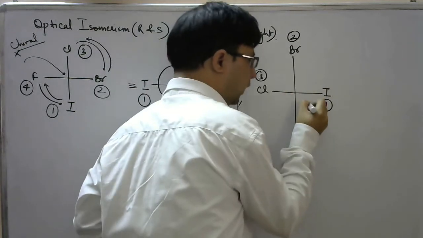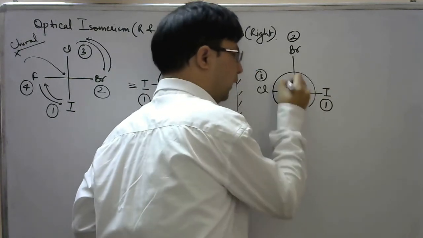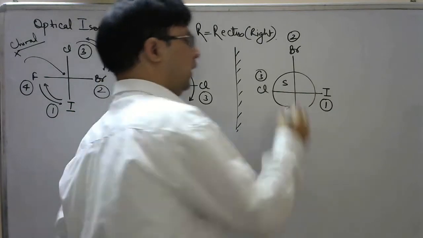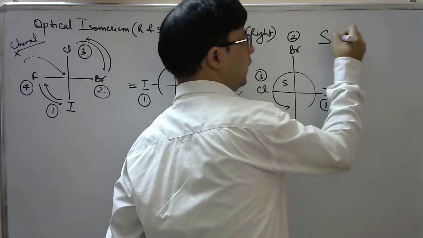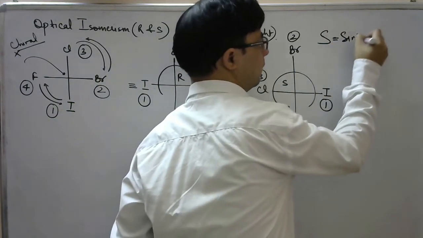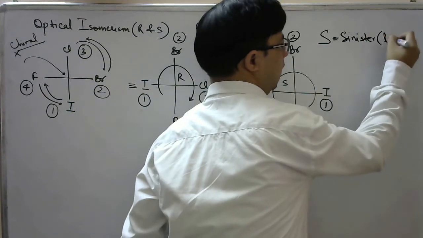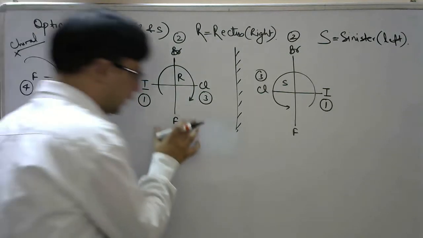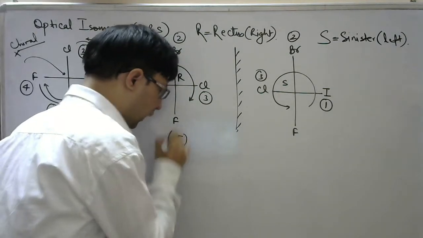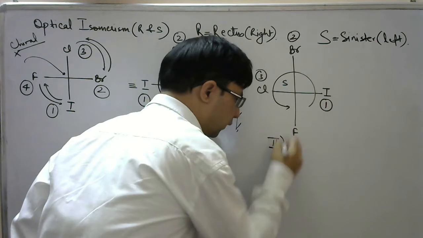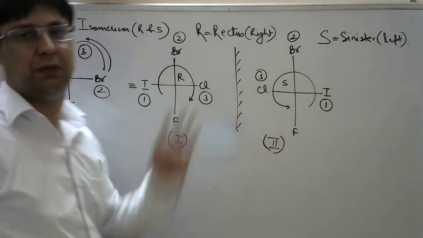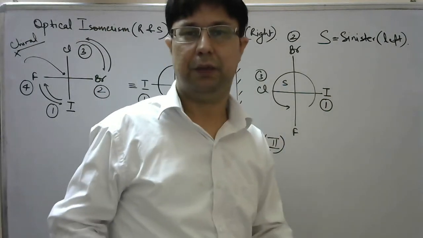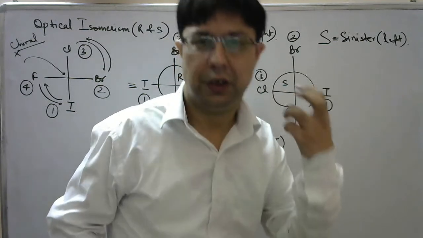So we say that our eyes are now moving in the anti-clockwise direction. So it is assigned S configuration. S stands for sinister, which means left. Is it clear? I can say that this molecule, the first molecule, and its mirror image, which is definitely a non-superimposable mirror image of it, are said to be enantiomers.